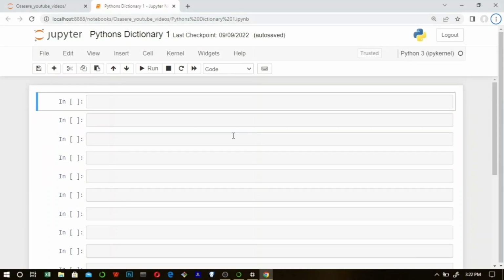In this tutorial, we're going to be talking about the Python dictionary. We're going to be going over all the basics of Python dictionary, such as defining a Python dictionary, accessing values in a dictionary, changing the values of a dictionary, deleting items in a dictionary, and adding values to a dictionary, and